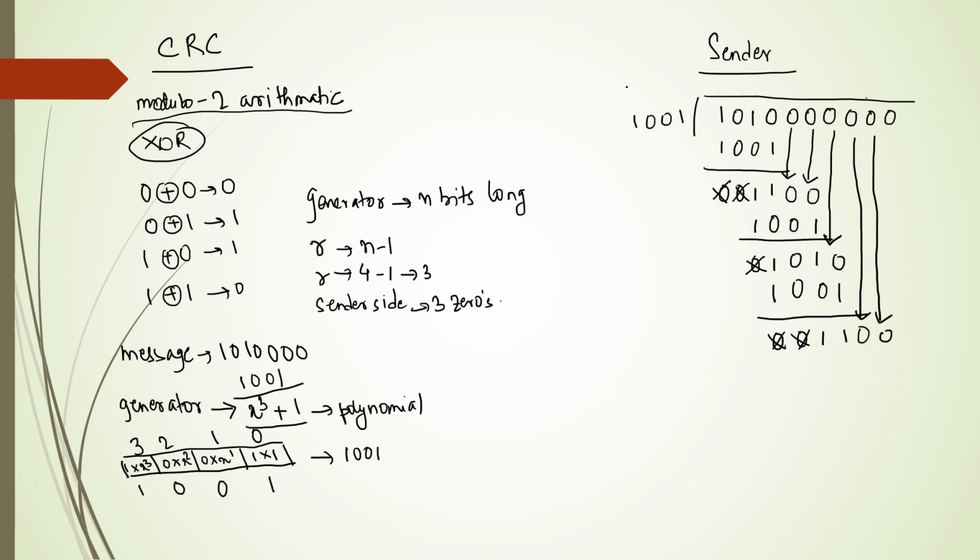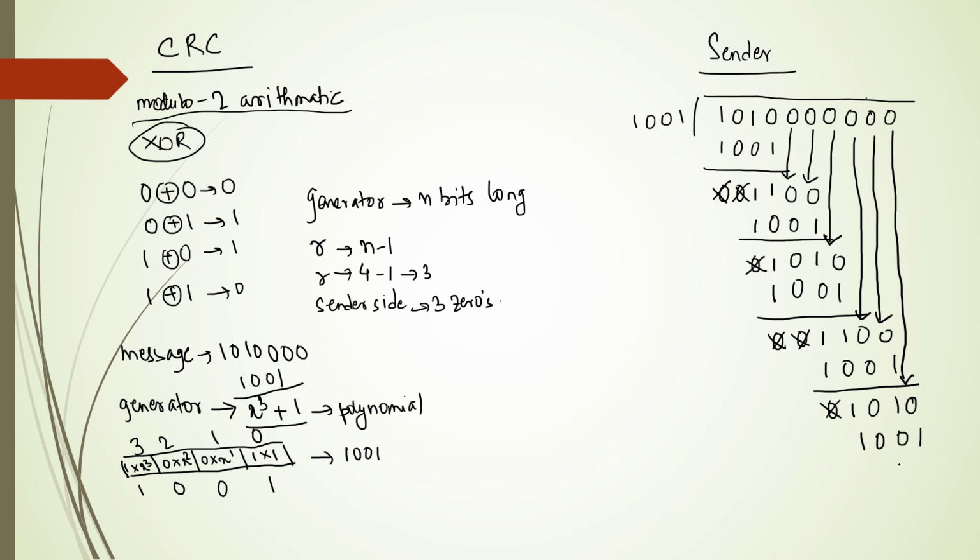Okay, so again we will multiply the generator with a 1, so it will be 1 0 0 and a 1, right? Okay, so again 1 and 0 is 1, 0 and 0 is 0, 1 and 0 is 1, and 1 and 1 is 0. So delete this. Okay, and lastly we have this 0, so we will have this 0, and again we will multiply generator with a 1, so it will be 1